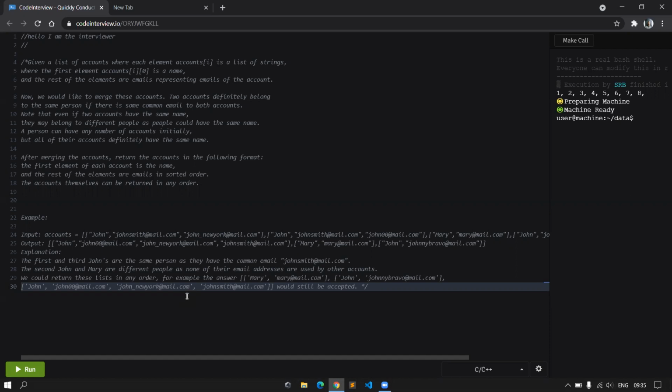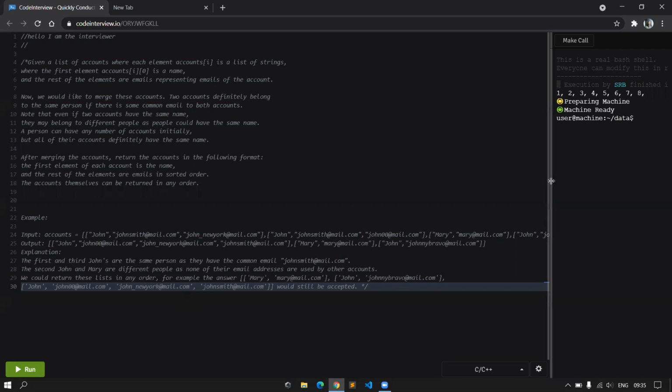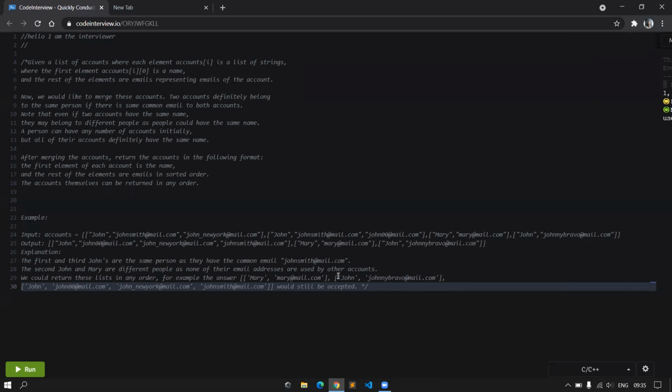So if we see the input, okay, for John, there are two emails. Again, for John, there are two emails. For Mary, one email, and for John, again, two emails. Yeah, it's important to realize I think there's actually two different Johns in the example.